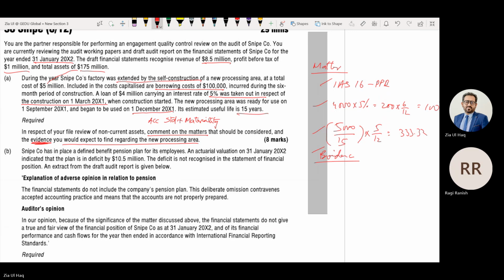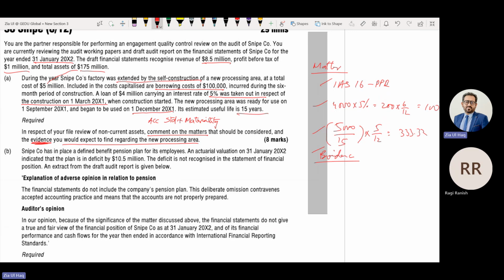The construction was completed on 1st September. How can we verify this? There are some completion documents of the asset that we have inspected. So copy of completion document of the asset to verify construction completed on 1st September.